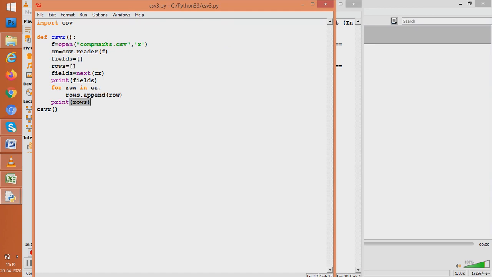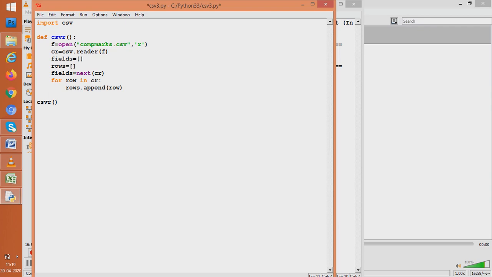So how can we make things formatted? Let us see. We would not print it in this way. So I am deleting these two lines of printing rows and printing the field headers. Now we'll try to print it in a formatted way, in a good way. How to print it in a good way? So see what we'll do.